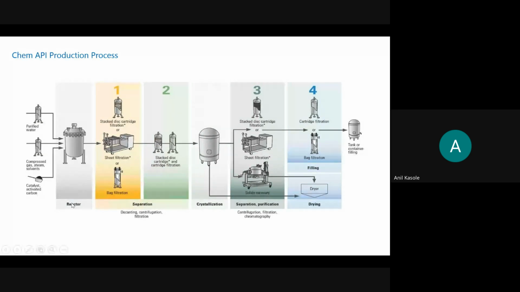So the reactions cannot start on their own. It requires water, means again the utilities, compressed air, compressed gas, or steam, right? Catalyst, activated carbon. So these are the main ingredients that need to be added. So here you can see the chemical, right? Activated carbon is also one of the chemicals. Air or gas is required to heat and cool this reactor so that you can maintain the temperature. You can apply the control system also.